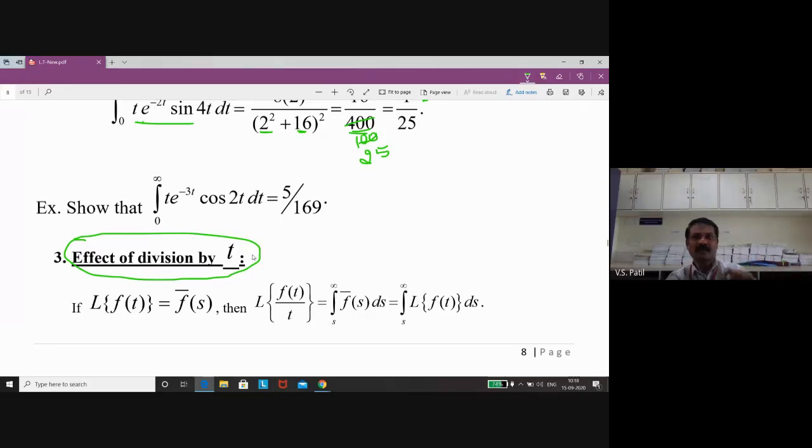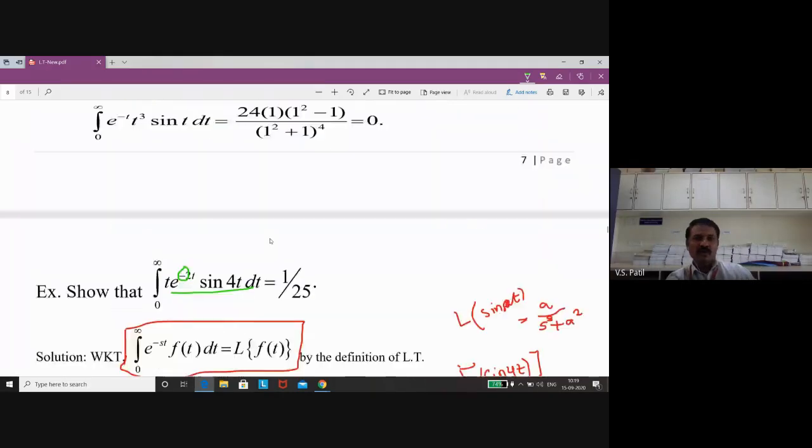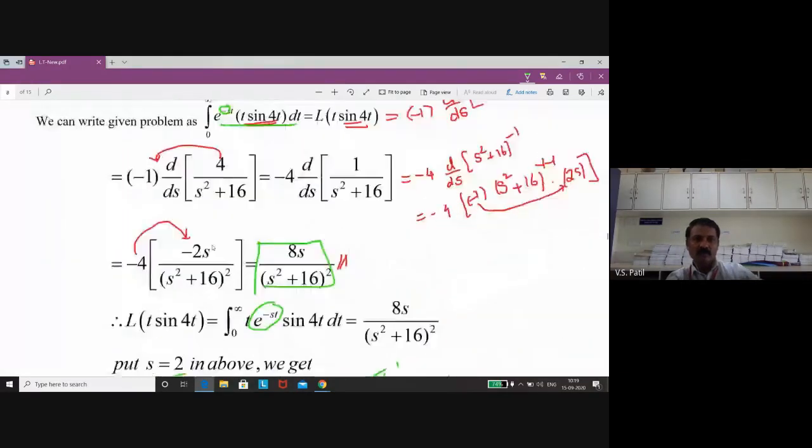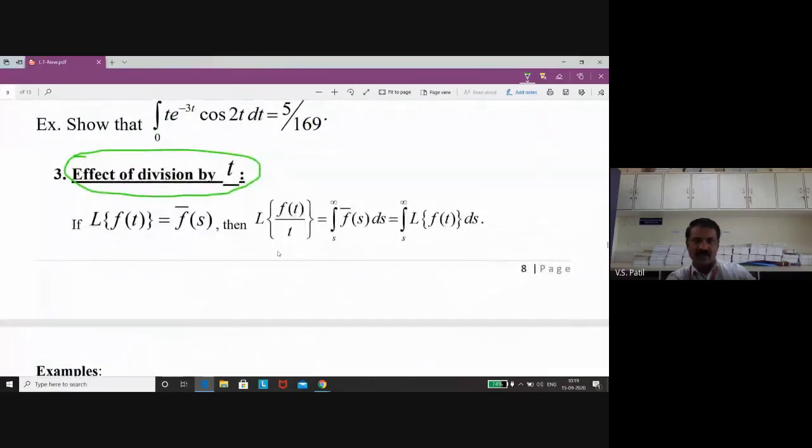Okay, so I will give one simple hint. It is not mathematically correct, but for your convenience, to remember: whenever you multiply a quantity by t and want to find the Laplace transform, you need to differentiate. And whenever you divide some f of t by t, I will tell you the property later, multiplication and division are reciprocal.